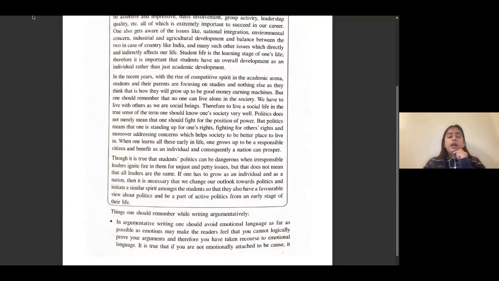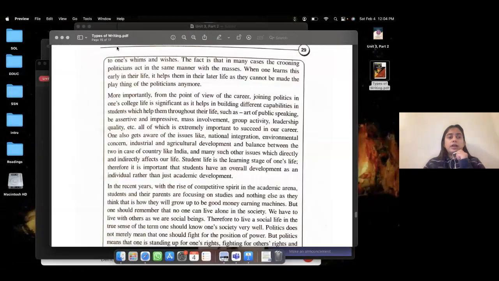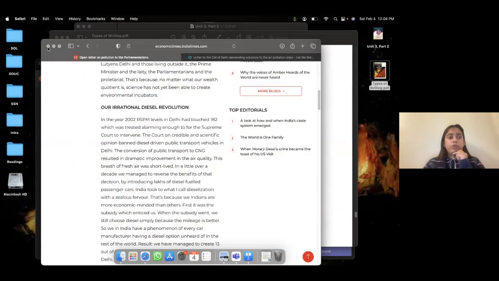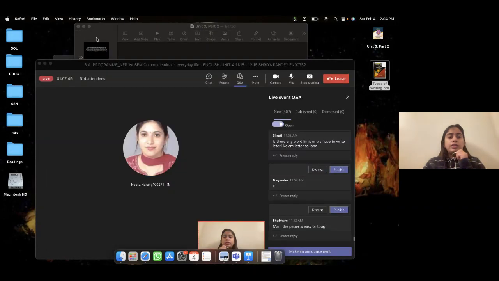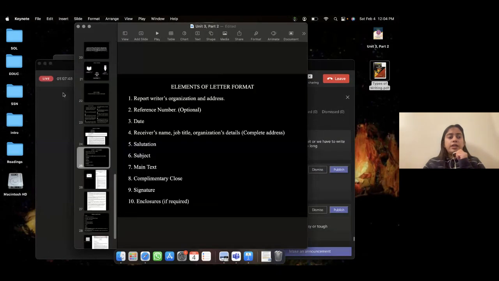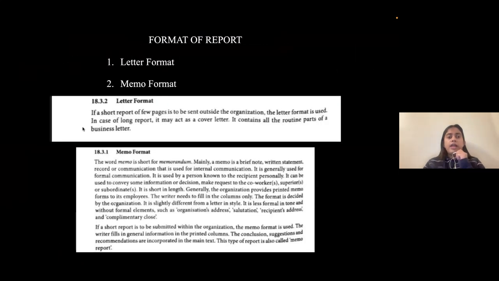Okay. Now finally coming to report writing, because some questions in your study material are on report writing too. I hope this is clear. So report writing is divided into letter format and memo format. What is the letter format? Letter format is a format that is used for the purpose of